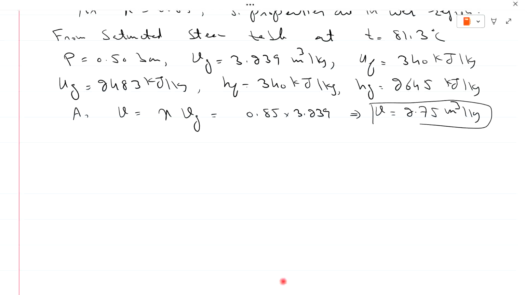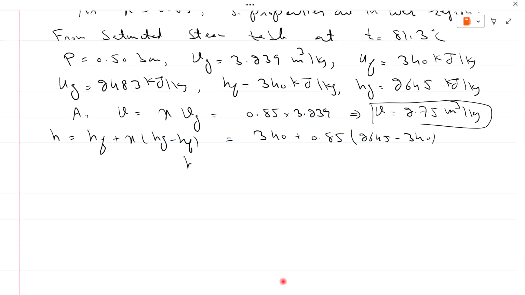Now to find h, h is equal to hf plus x(hg minus hf). Putting values, hf is 340 kilojoule per kg, x is 0.85 and hg is 2645, minus 340. So h is equal to 2299.25